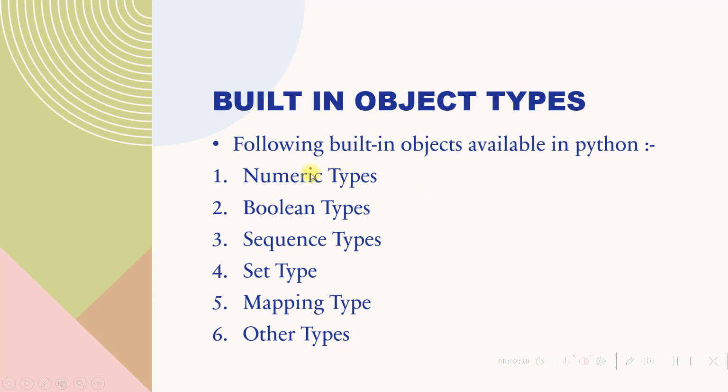So these are basically 6 main built-in object types available in Python, and we will discuss each one of these in detail in our